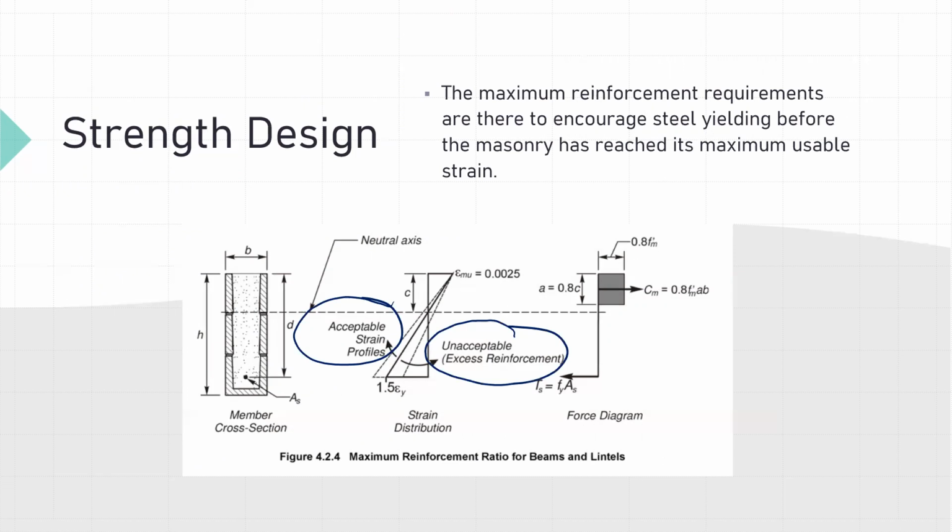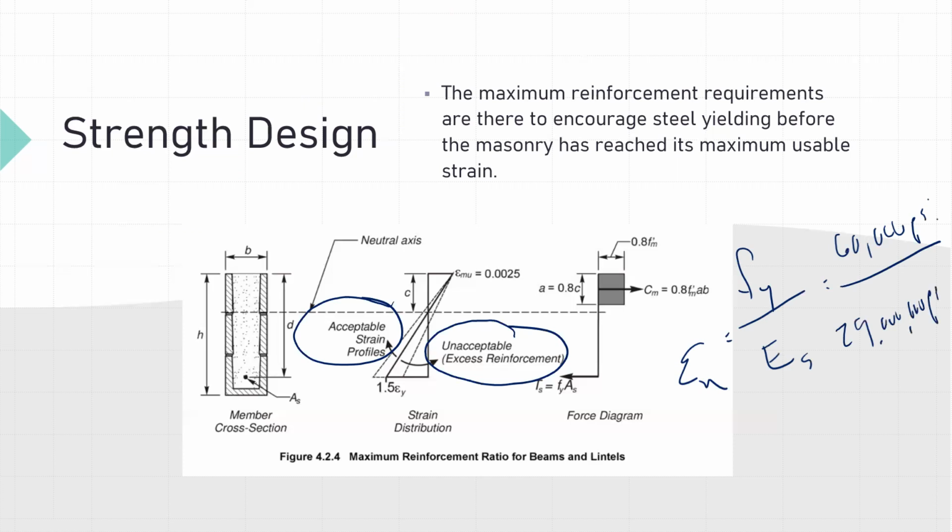And our yield strain for grade 60 reinforcement, according to Hooke's law, equals our yield stress divided by our modulus of elasticity of steel, so 60,000 psi divided by 29 million psi, and that's going to come out to our yield strain of 0.00207. And so we want to make sure that our reinforcement strain is 1.5 times that yield strain or greater